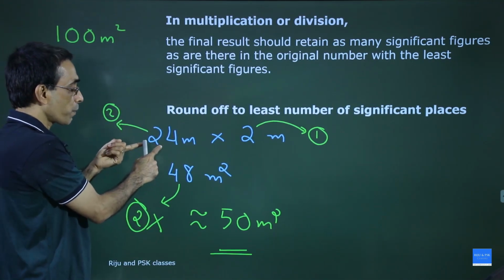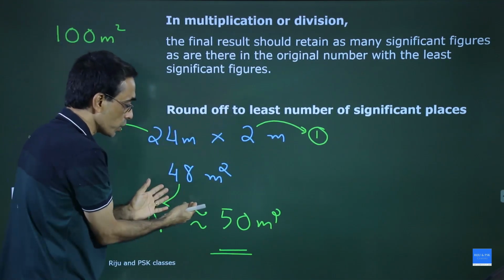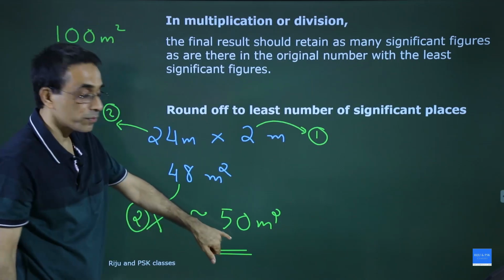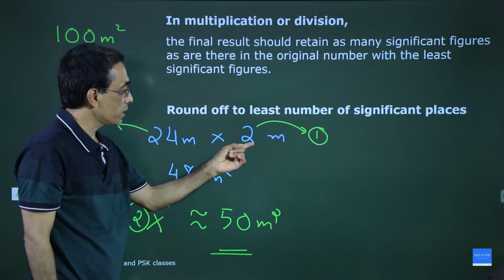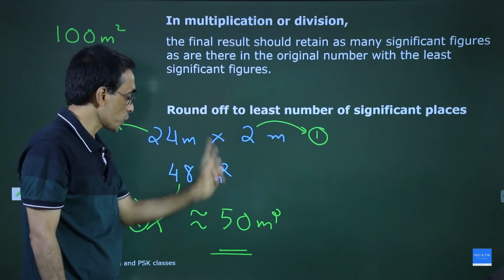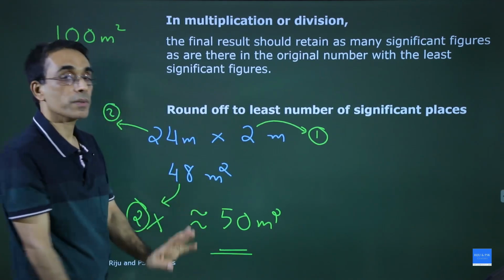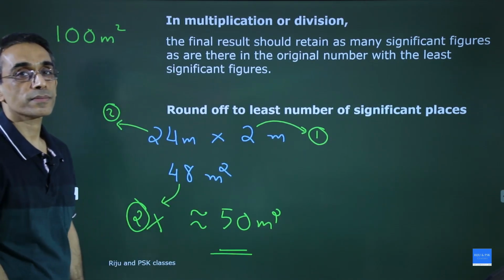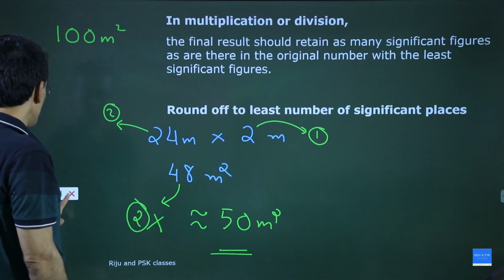So your product was 24 into 2 equal to 48, but you round it off to 50. Why? Because one of the numbers that you used has got only 1 significant place. So the answer should be rounded off to that many significant places. Okay. Now